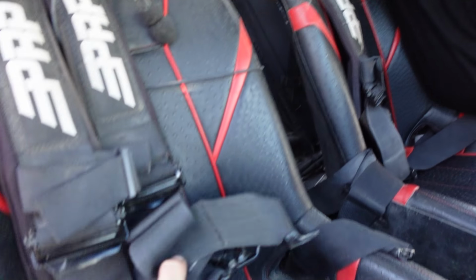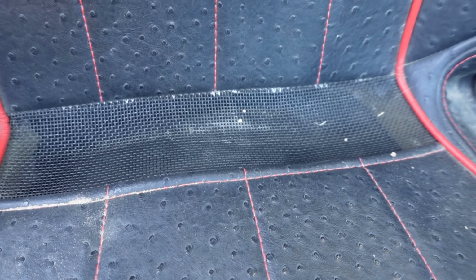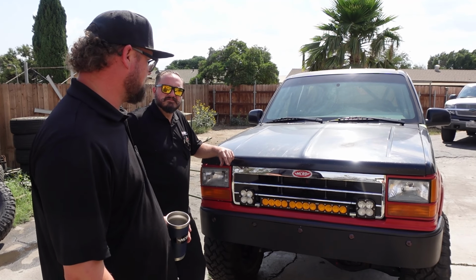I like these seats because they have this little mesh at the bottom so the sand and stuff will fall through. So when you pee yourself or spill a beer or spill your soda. So now it runs pretty good for what it is. Yeah, like 65 HP to the wheel. Yeah, probably 55. But